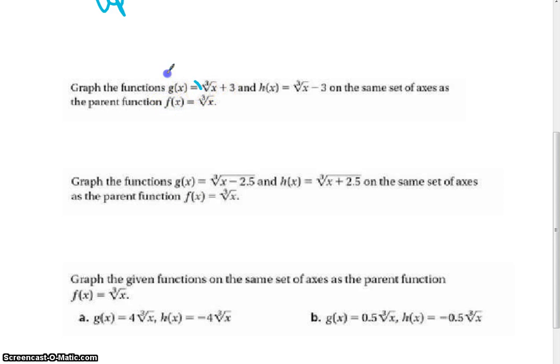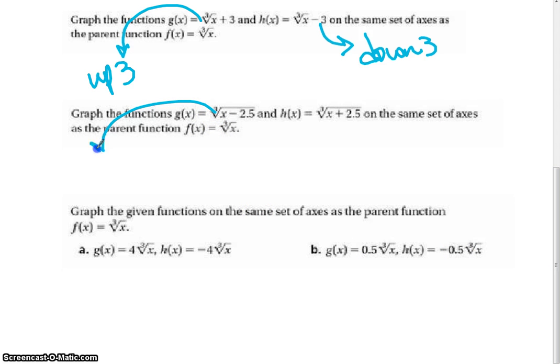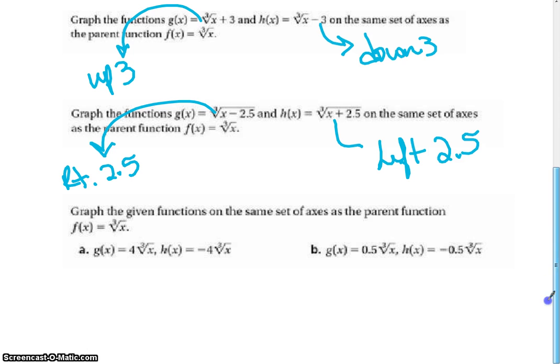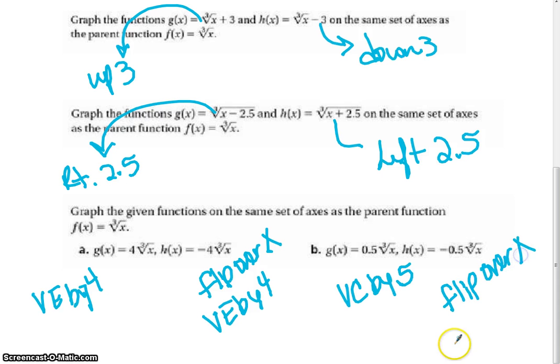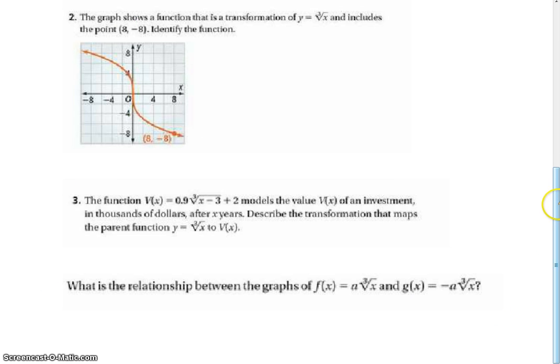So the first one over here has a plus 3 at the end, so it's going to go up 3. This one has a minus 3 at the end, so it's going to go down 3. This one is going to go to the right 2.5. This one is going to go to the left 2.5. At the bottom, we have a 4 in front. That is a vertical expansion by 4. Over here, we're going to flip over x and have a vertical expansion by 4. This last one on this page, we're going to have a vertical compression by 0.5. And the last one, you're going to flip over x and have a vertical compression by 5. Going to the next page,